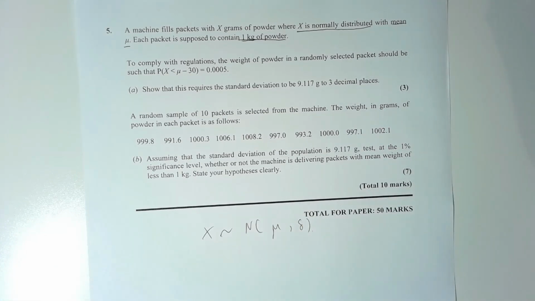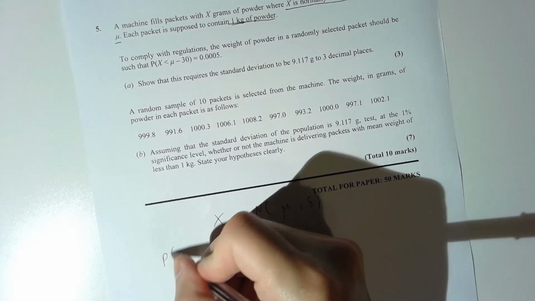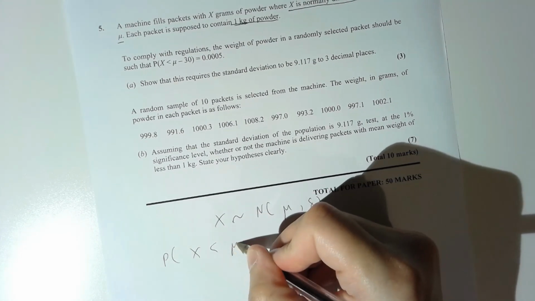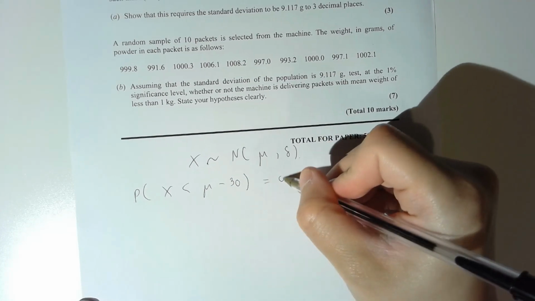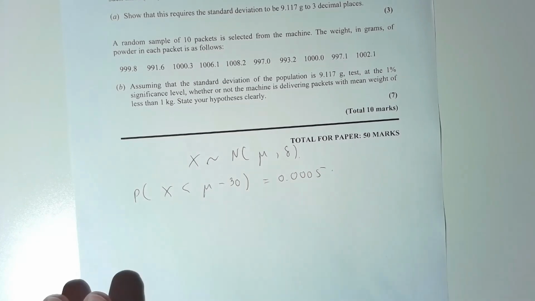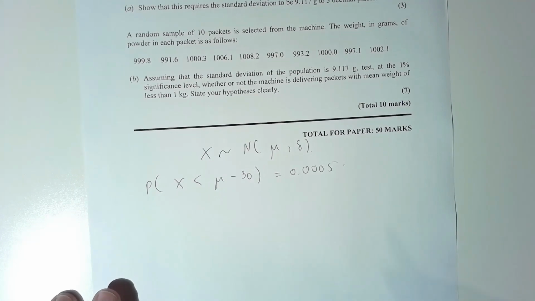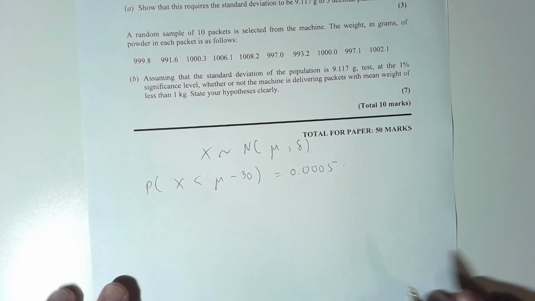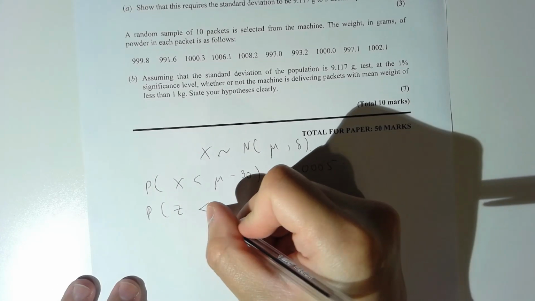Now, what they are saying is the probability of x less than mean, take away 30, has to be equal to 0.0005. Because we don't know the mean or the variance, we have to convert to the standard normal distribution with mean equal to 0 and variance equal to 1. So we change it now to z, which has to be less than